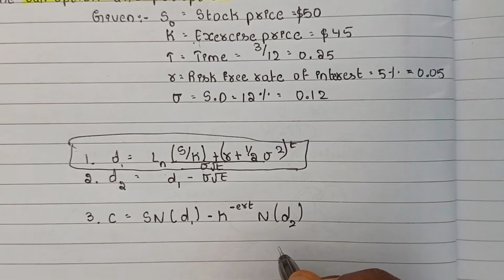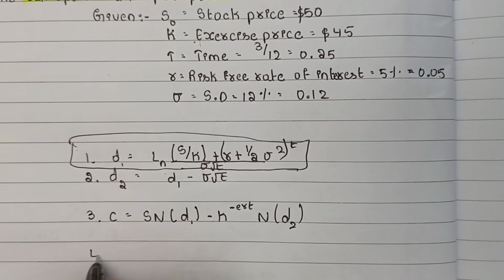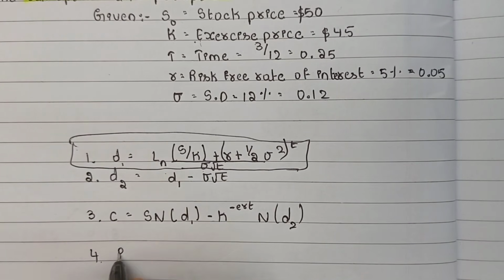we have to apply, then it will be easy. So we have to identify the call option and finally we have to identify the put option. For the put option, P is equal to